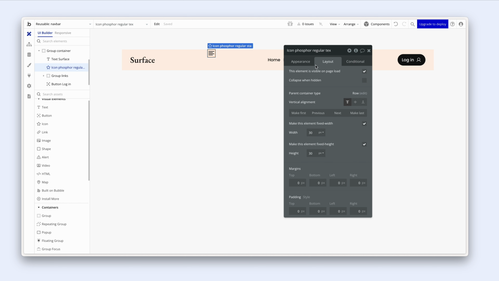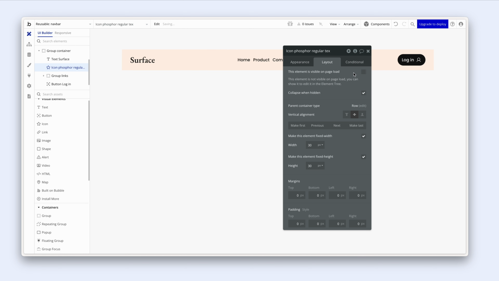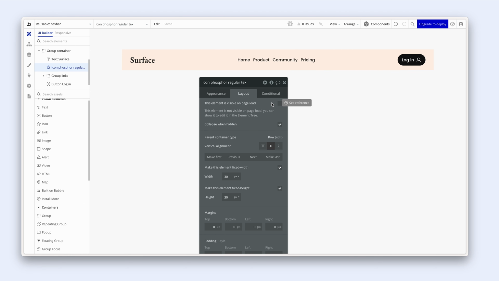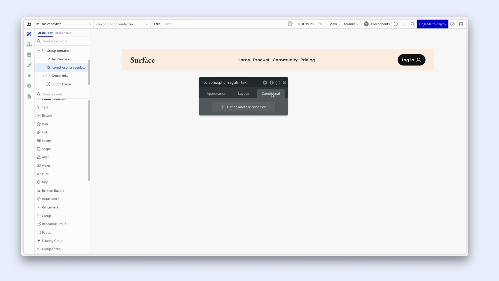And the sizing is fine. Let's center it vertically. Let's collapse when hidden, so it removes the actual horizontal space. And let's make sure it's not visible on page load. I don't want it visible on page load. When do I want it visible? Well, we want it visible on the opposite